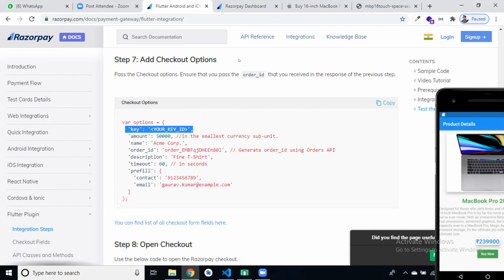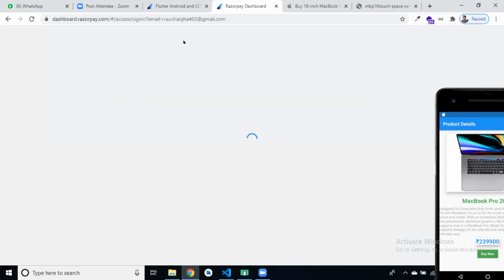So how can we get it? Please log in or sign up to the Razorpay account. In the Razorpay dashboard, we have a live key and a test key. But for this project, I am going to use the test key.